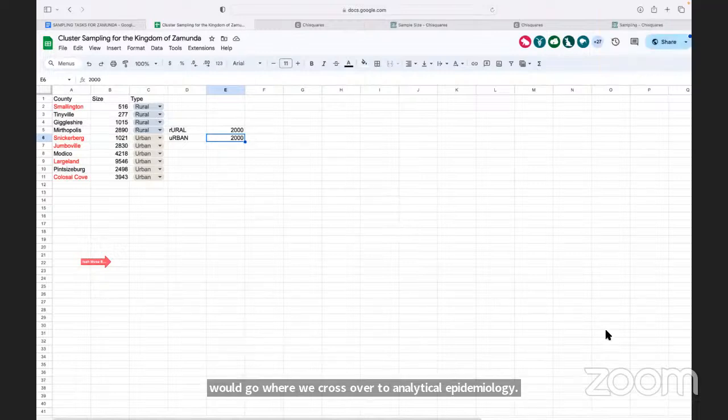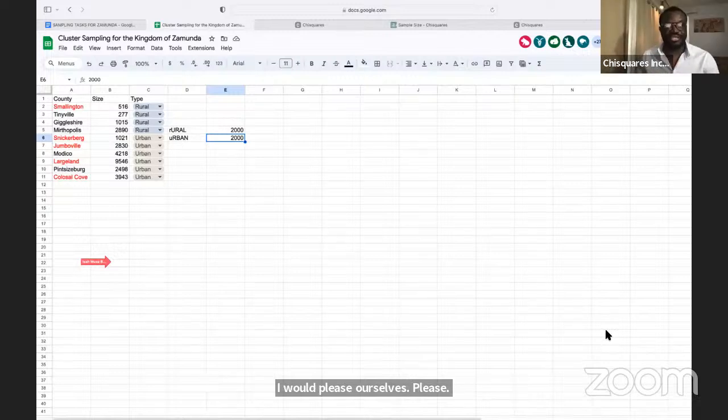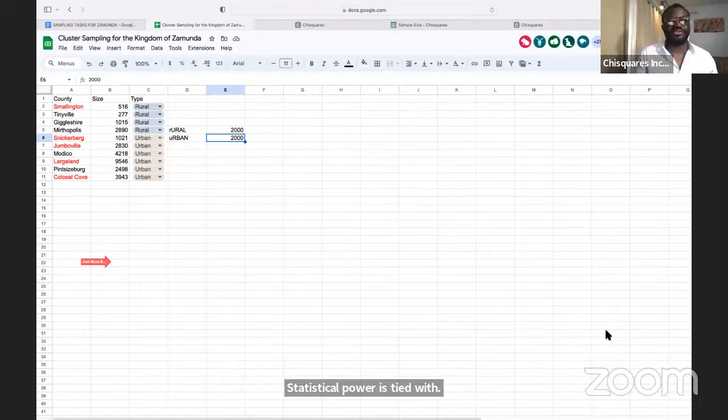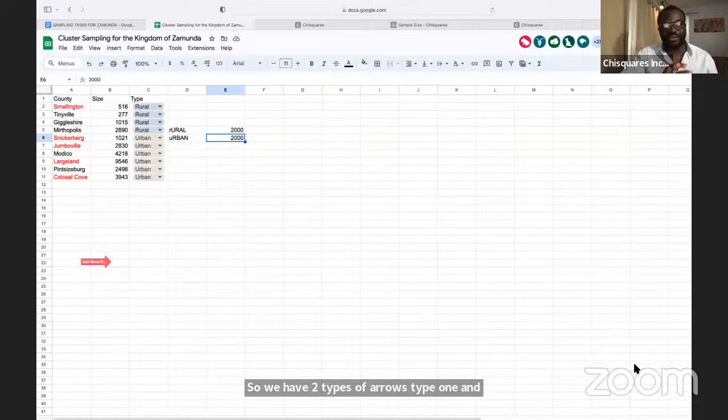When we cross over to analytical epidemiology, then sample size is a different issue altogether, right? Because remember that statistical power is tied with issues of sample size, right? So we have two types of errors, type 1 and type 2 error. Type 2 error is,